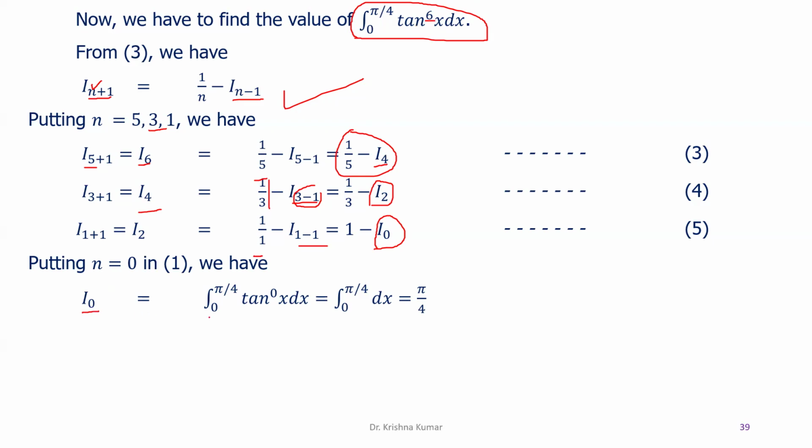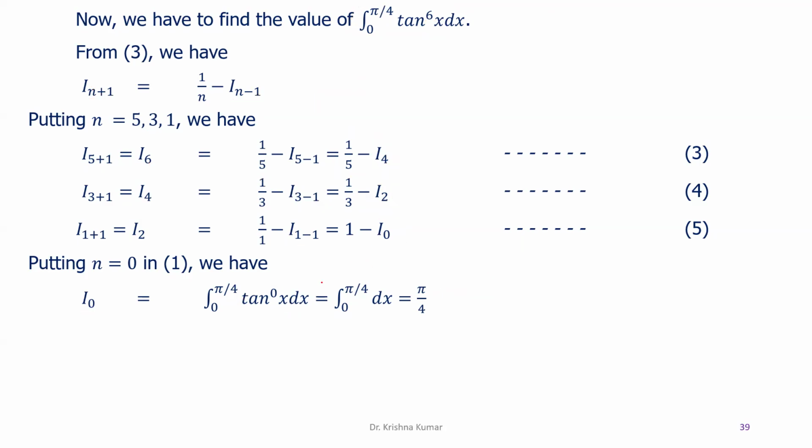So this can be written as I0, the integration of tan^0 x under the limit 0 to pi by 4 with respect to x. So it can be written as pi by 4. So the value of I0 is pi by 4. So we have to substitute the value of I0 as pi by 4 over here. Then we get the value of I2. This I2 is substituted over here. Then we can get the value of I4. And then if we put the value of I4 over here, we can get the value of I6. So let us do it one by one. So hence from equation number 3, 4 and 5, we have